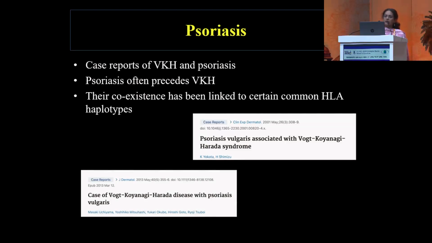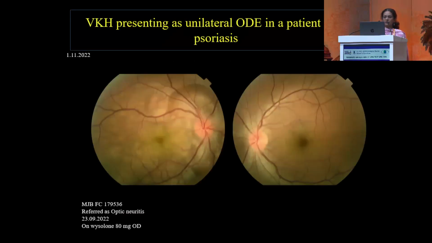Psoriasis has been linked with VKH. There are few reports of VKH and psoriasis, and their coexistence has been linked to certain common HLA haplotypes. So again, we had this patient who was a known case of psoriasis, presented initially with right eye optic disc edema as the first manifestation of VKH, and you can see now he developed these bullous retinal detachments in the